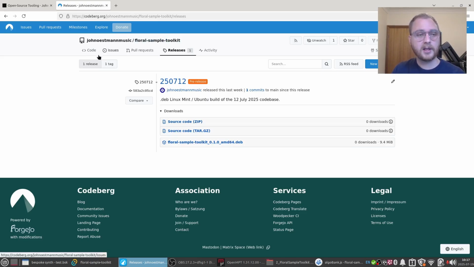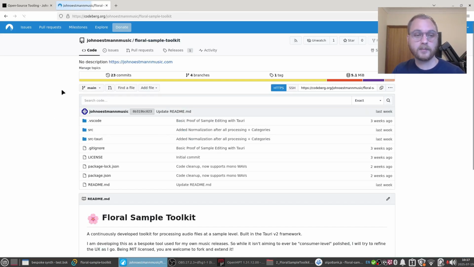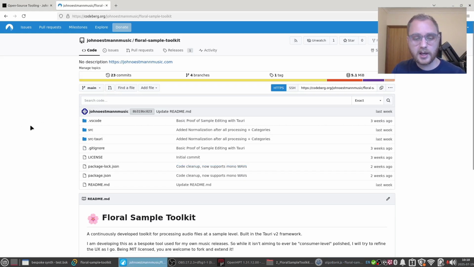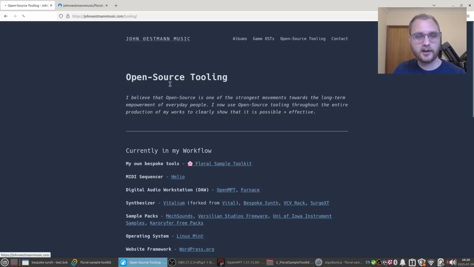But if you're not bad with code, you can take this code, Tauri is also completely free, open source, etc. You can compile it yourself for your own operating system, and then you can run it not within Visual Studio Code or whatever. You can just run the binary of it. So yeah, that's how I made this last track of mine,